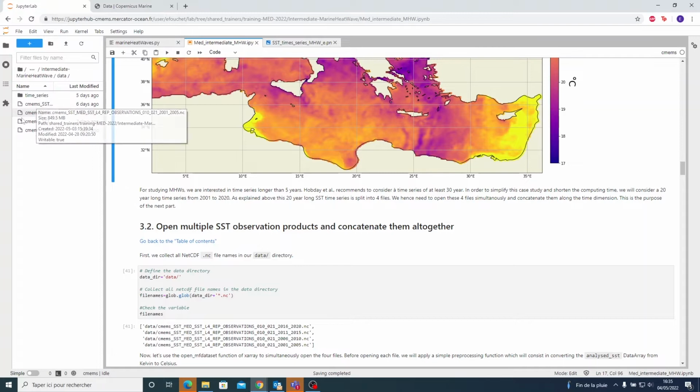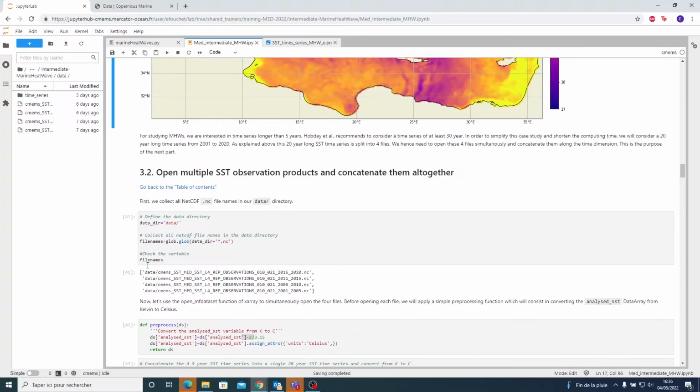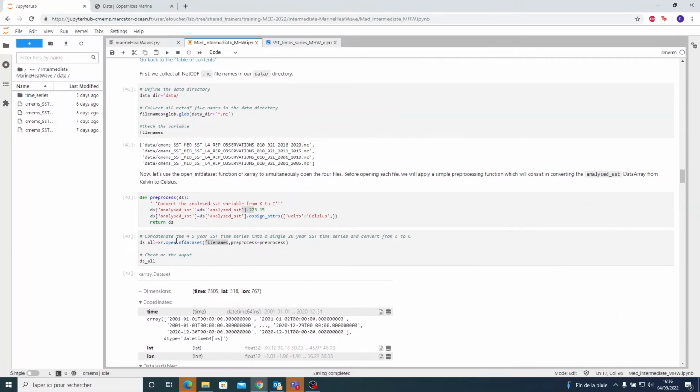As I said before, all the files, the 4 files that we're going to use, are stored in the data folder. So the first thing we need to do is to list the files that we are going to use. So this is what this cell does. We put in a list all the files that we want to use. We define a small function to convert the Kelvin degrees into Celsius degrees, just like we did before. And then we can open all the files and store them into one only dataset